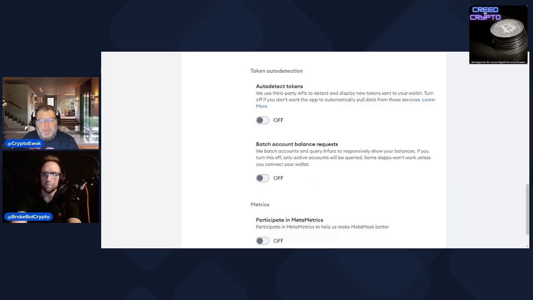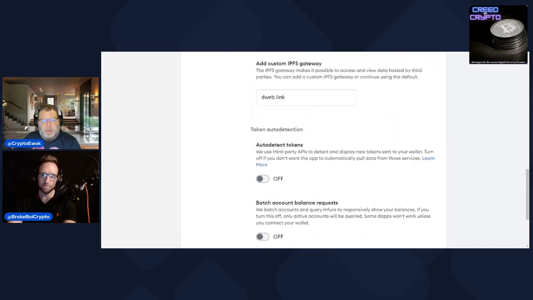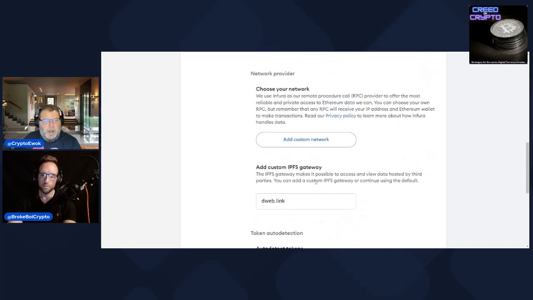What it does is it batches all of your accounts together and sends the information back to Infura, which is one of the Ethereum nodes, and it essentially ties all your addresses together. So if you're looking for privacy, it kind of throws that out the window because it ties all of the wallets together somehow. I'm not sure how it does it, but I just heard this and I went in immediately and turned it off,